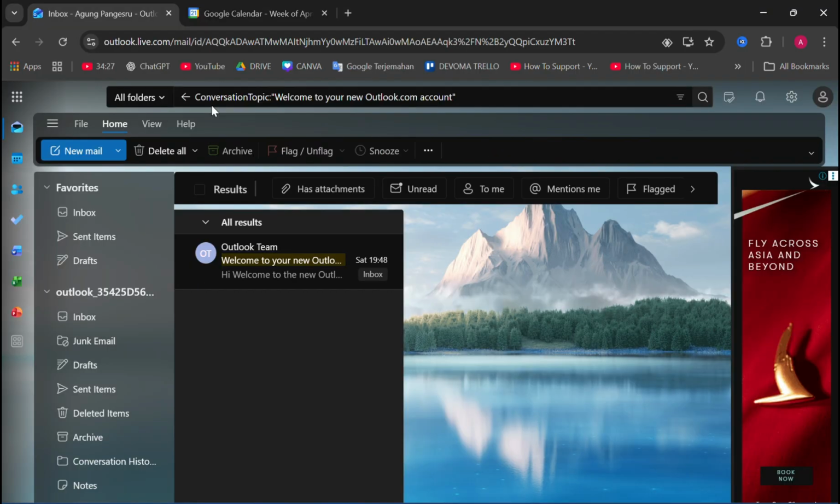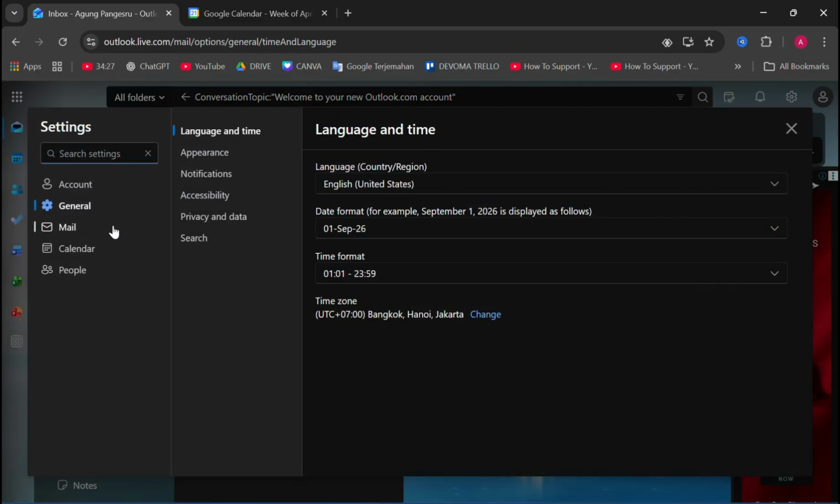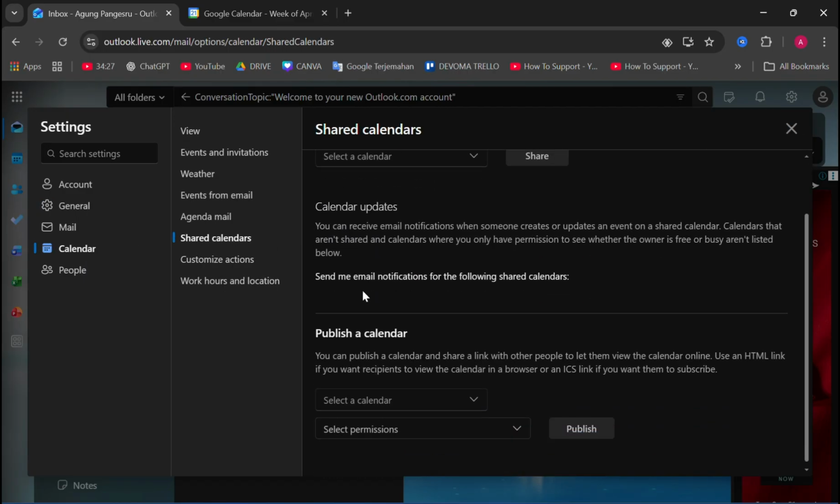So first you can go to outlook.com and sign in to your account. After that you can go to file here and then go to settings and then go to calendar. Now you can click share calendars. You can scroll down and you will find publish a calendar. You can select this drop down and choose calendar, and for the permission you can choose can view all details